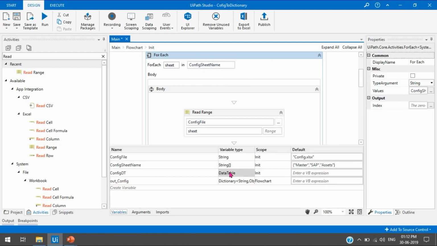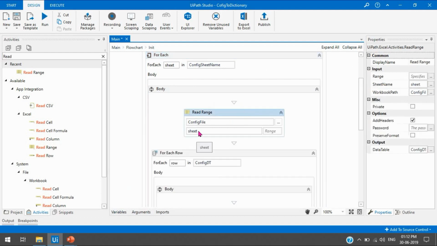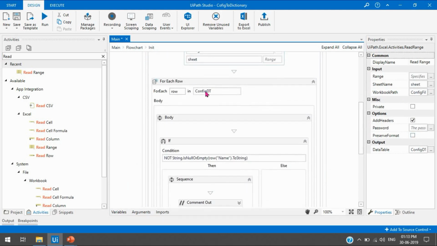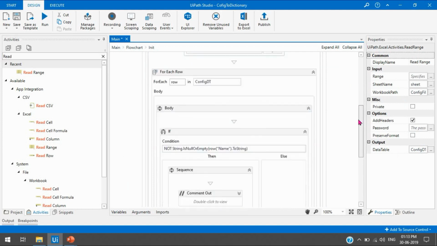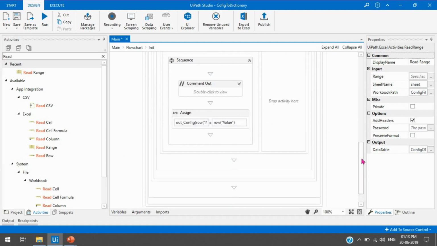This is an array of string. First time it will get the master sheet, so it will read the master here, then store it into the data table, and then here it will read the data table and write it here. So by this way we can read the data from multiple sheets and use that.